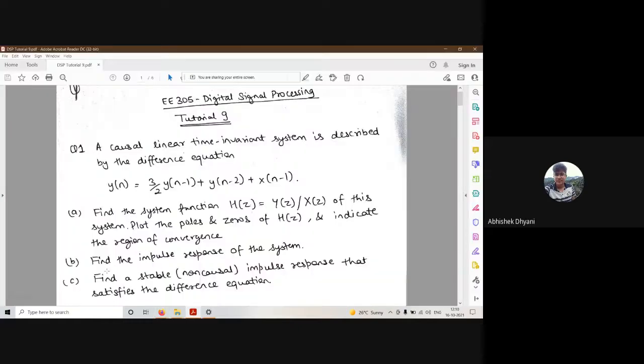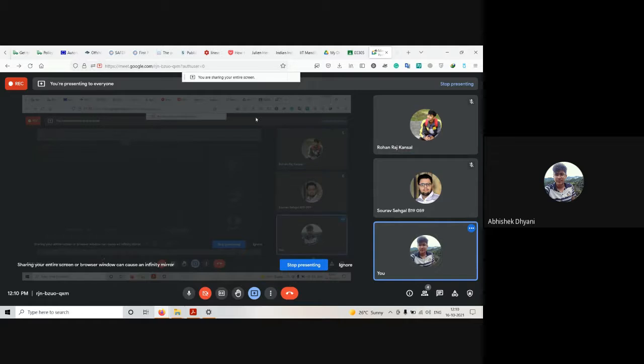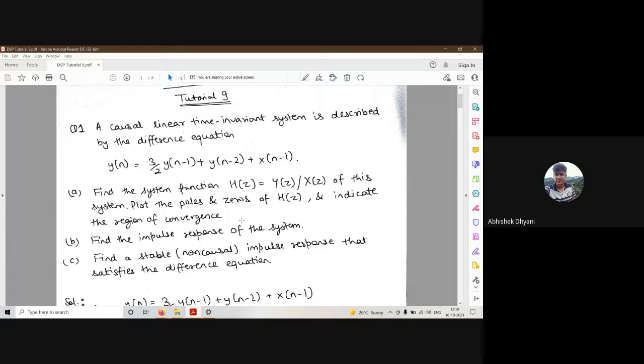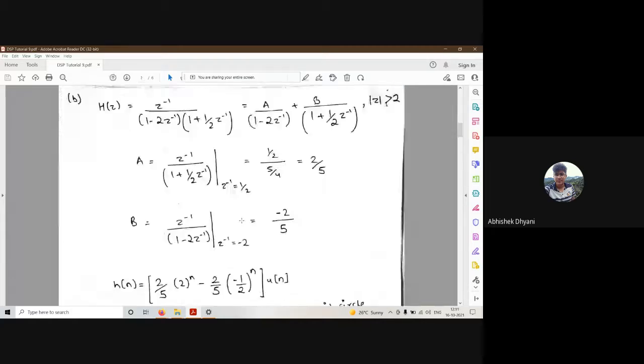Okay, so let's look at this third part. This says that we have to find out a stable and non-causal impulse response. Now, what does that mean? Previously, we have calculated the impulse response of the system, but now we are asked to calculate the stable non-causal impulse response. So what that means is that if we look at this particular case, we have taken mod z